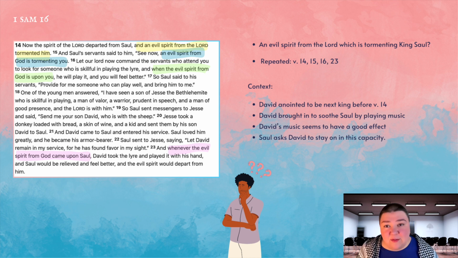So here we have another one of those texts in the Bible that can leave us scratching our heads. There is mention here of an evil spirit from the Lord, which is tormenting King Saul. This is mentioned in verse 14. This is how the king's ailment is described by his servants in verse 15, repeated in verse 16, and again